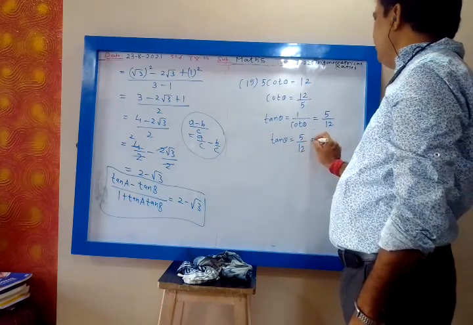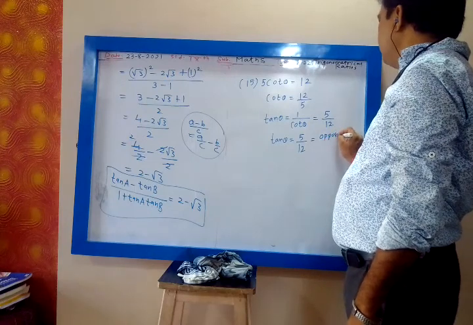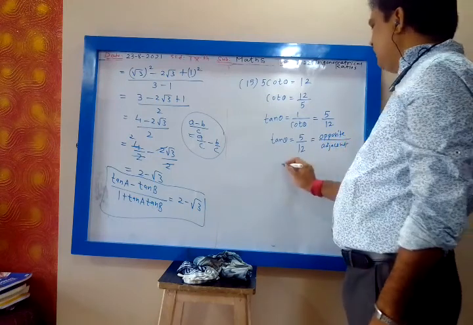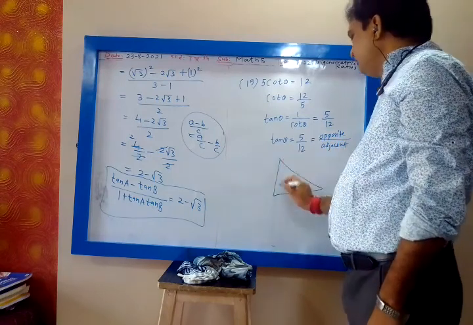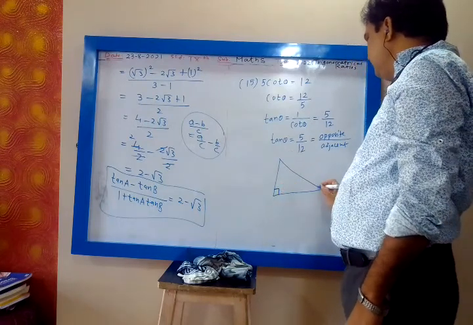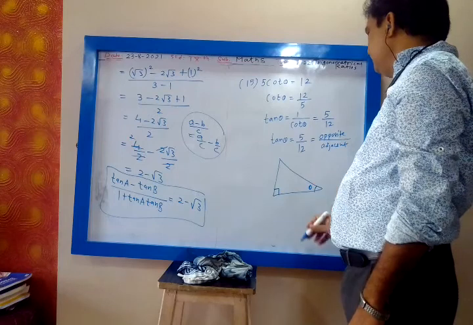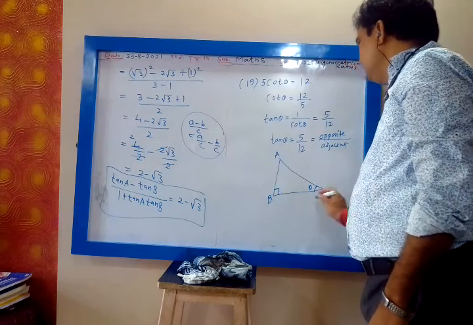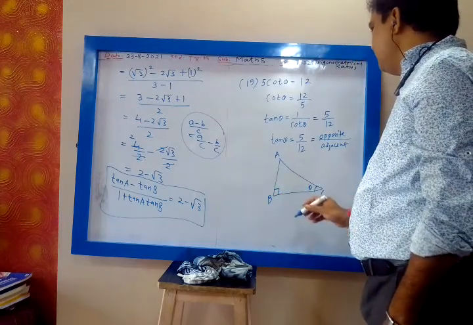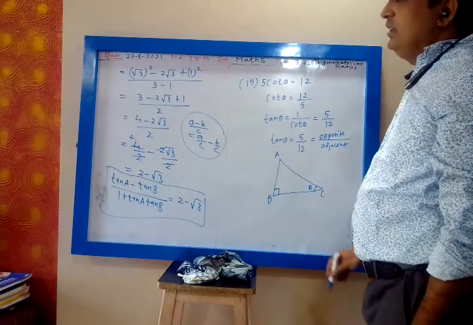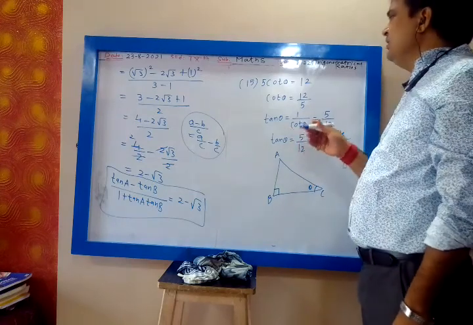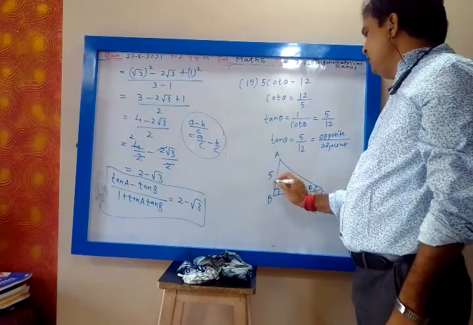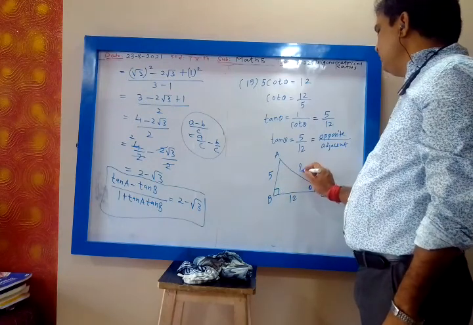Okay. What is tan? Tan is opposite upon adjacent. So you can draw the diagram. Now theta is my reference angle, so this I will consider theta. This you can write ABC, no problem. But you should be able to draw the diagram with the help of cot theta. So tan theta is opposite upon adjacent, this is 12, find this using Pythagoras.